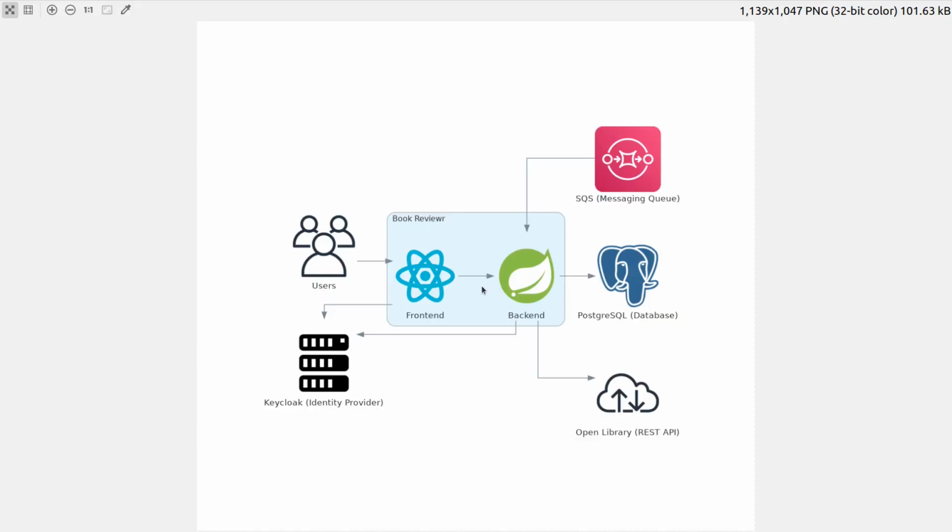Welcome to the introduction of the Testing Spring Boot Applications Masterclass. This Masterclass is a deep dive course on testing Spring Boot applications, and you will learn how to effectively write unit, integration, and end-to-end tests for your Spring Boot application while utilizing Spring Boot's excellent test support and various other testing libraries. So here you can see the architectural overview of the course application we are going to test throughout